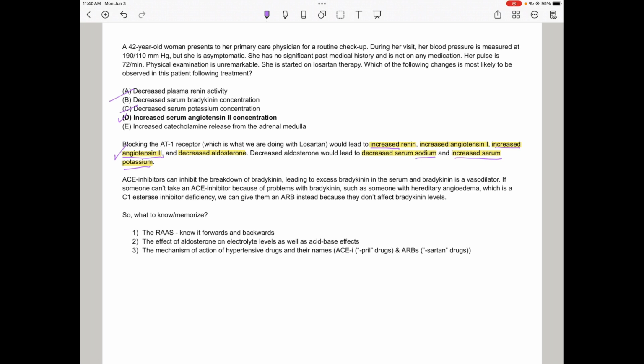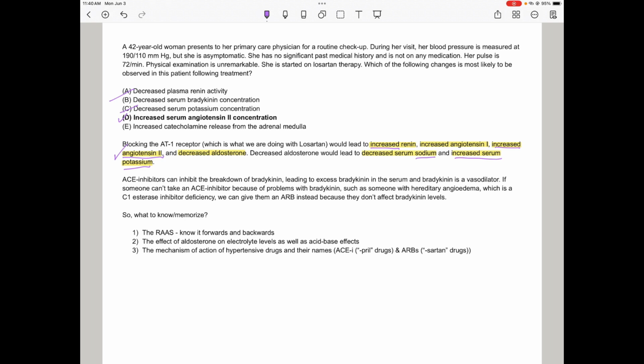The reason they talk about bradykinin is because they're trying to confuse those students who get ACE inhibitors and angiotensin II receptor blocker drugs confused. Okay, so ACE inhibitors can inhibit the breakdown of bradykinin. Bradykinin is a vasodilator. If we inhibit breakdown of bradykinin, which is a vasodilator, we're going to have increased levels